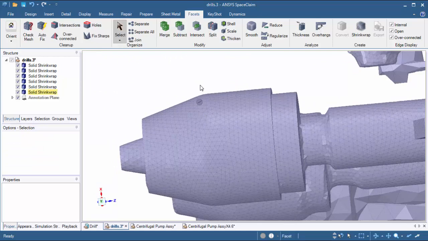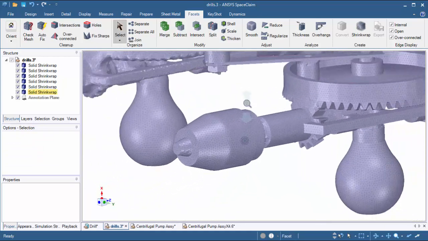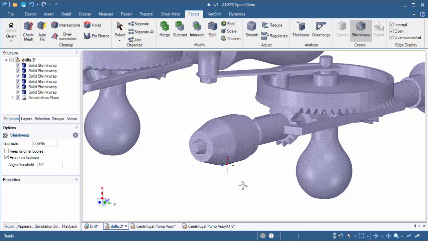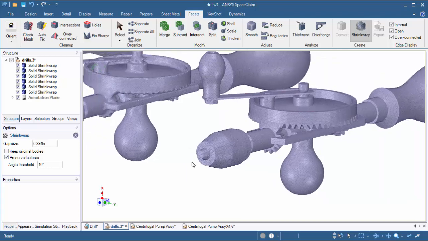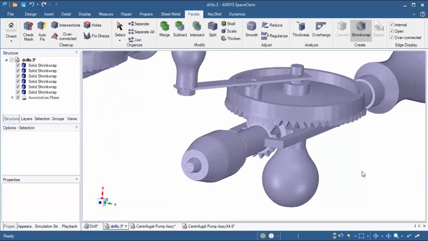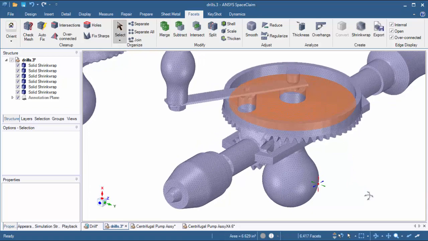So that's why it's still rounded off a little bit and not sharp. So playing around with the angle threshold here, whether that option is on or off, and this gap size are really what influences this. But the biggest influence is the gap size, with preserved features further tweaking it to be realistic. But one thing I want to point out here, I'm going to double click here to select those